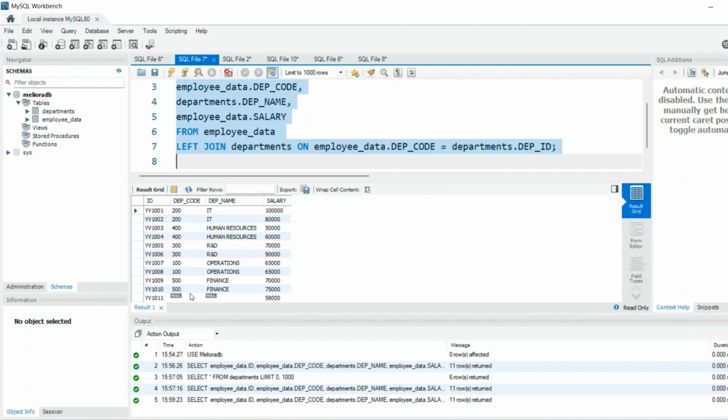And beautiful. Now, I want you to notice Ami, the employee with the ID YV1011, is now here. And notice how, if you remember, Ami's department code is actually null. So she doesn't have a department code. So that's why in the inner join, since she didn't have one, she was omitted. But now in the right join, even though no employee was attached to department 600, it still came. And now in this situation, even though she doesn't have a department code, she was still brought up